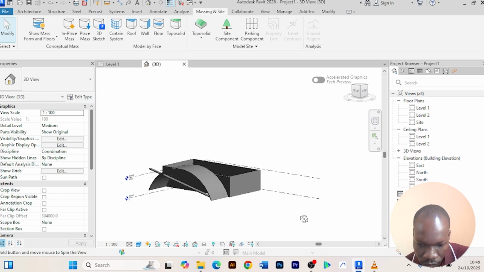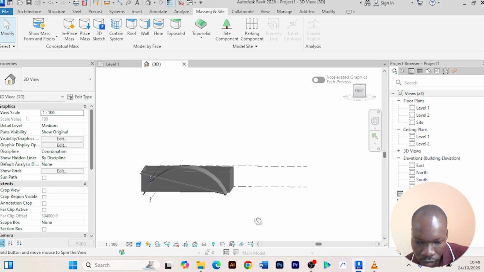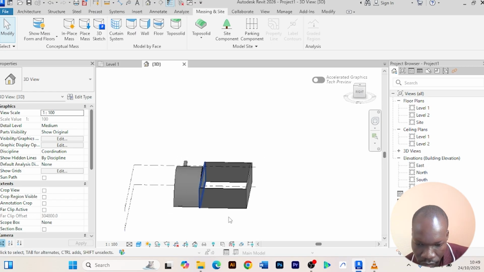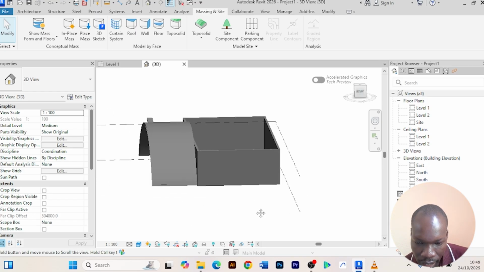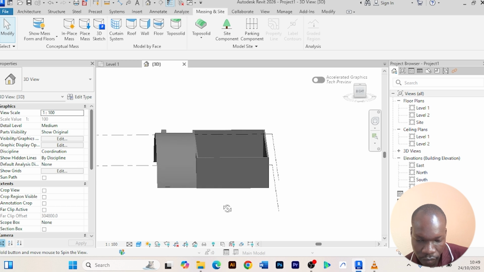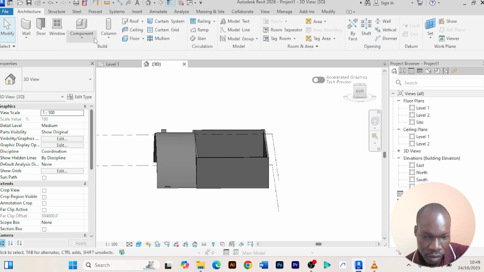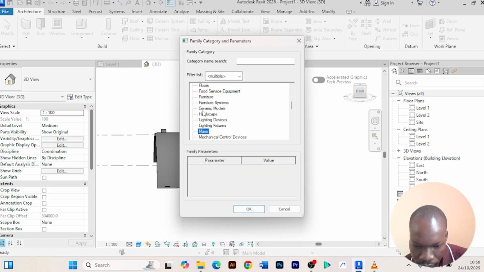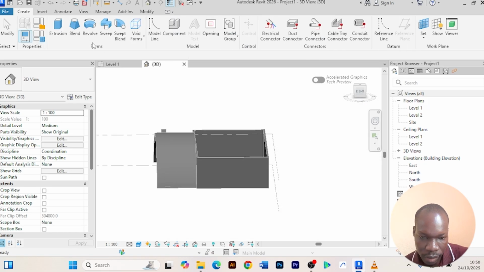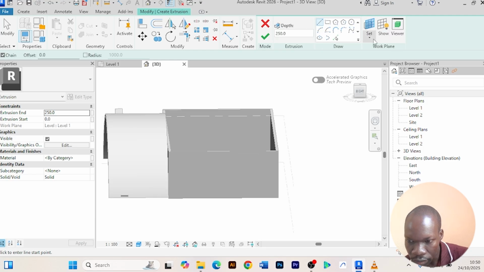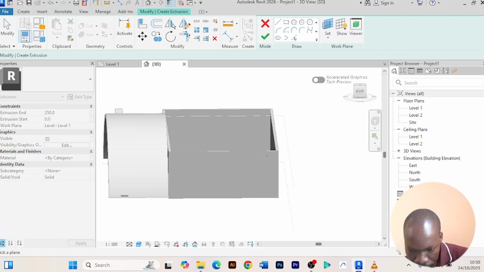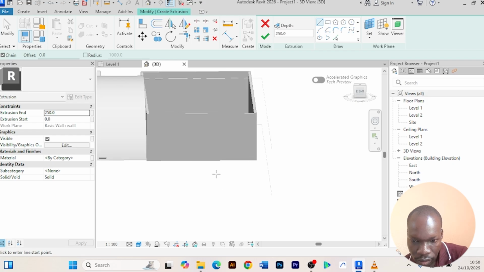And of course you can also use extrusion as well. Let's try extrusion as well. So I'll use this side. We created this other wall basically because we needed it as a reference line or a reference surface. So we go to architecture, components, model in place. Instead of mass, we are going for generic models. Click, you can rename it. I'll come to extrusion. I'll set, I'll pick a plane, and the plane is going to be this. So I want to create a wall that is